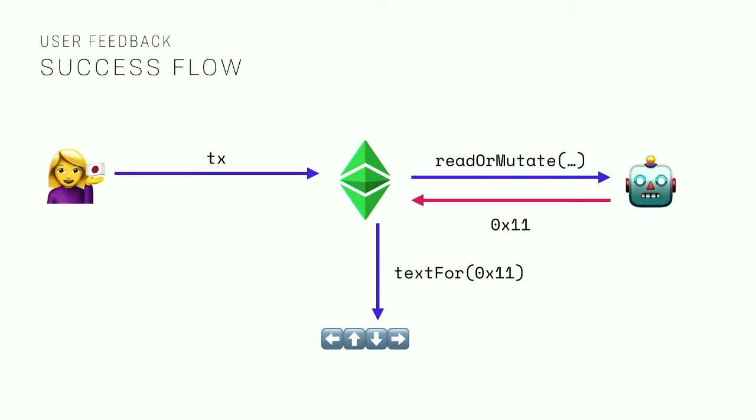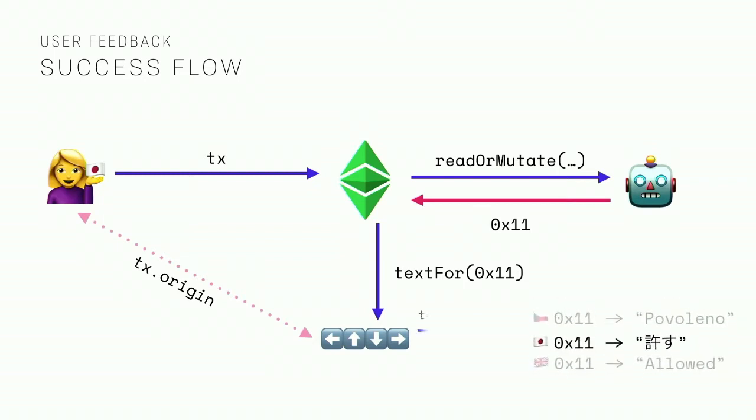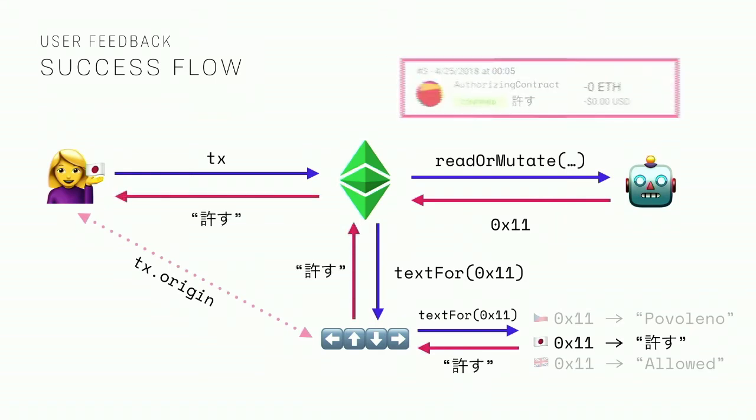So we'll say then separately, OK, so what's the text for this? I look at the user preference for tx.origin on my previous transaction, grab the text out of the translation, propagate that back up to the wallet, goes to the user, and we can display this right in the UI for them, while recording the generic status code, the number, so that other people can look at it and have it translated into their language.